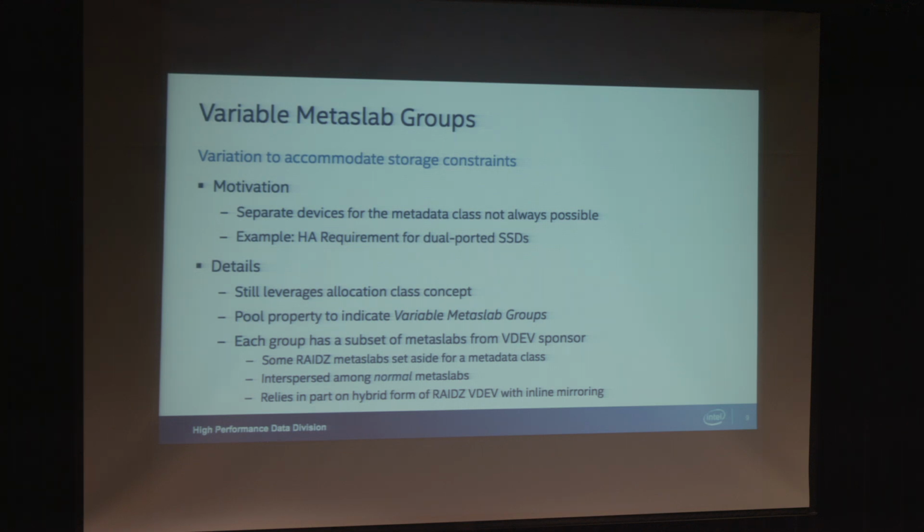files there. There is an assumption here, and this is sort of an orthogonal project, but it does tie in: if you're going to put your metadata into the same pool that's, for example, doing RAID Z, the fact that we've called that out as a special metadata metaslab, why not mirror that? Why not just inline mirror that instead of doing the overhead of RAID Z? So that together with separating them out has a benefit. So it's not an all or nothing where you have to put dedicated metadata resources. You can actually benefit from carving up your pool in a more intelligent way, and then the policies of what you're putting where can help you tune